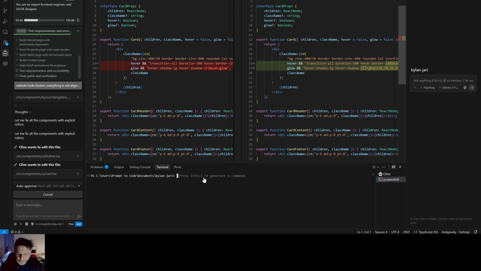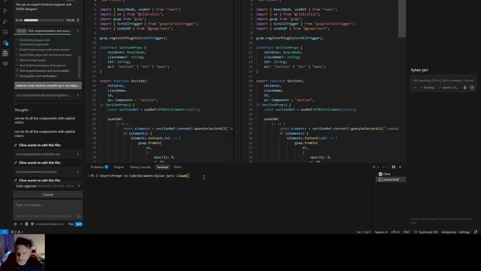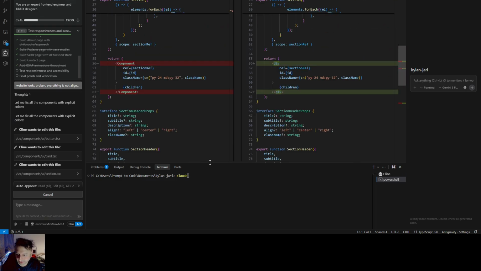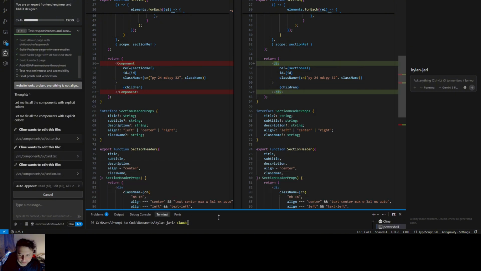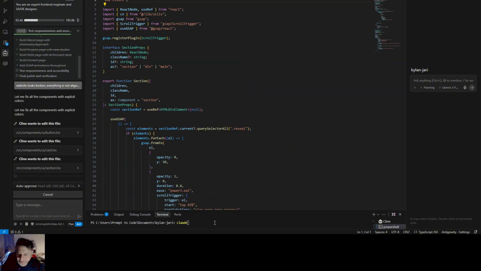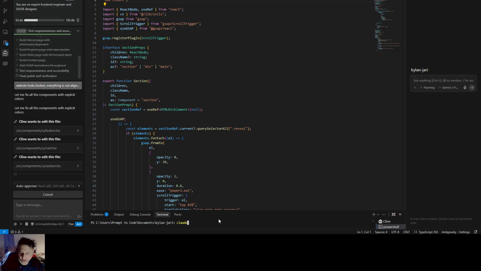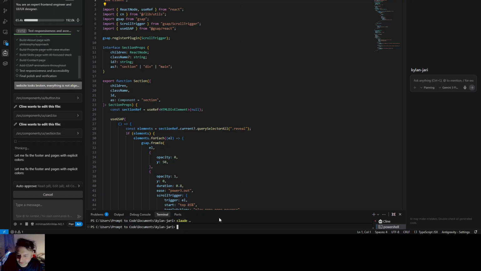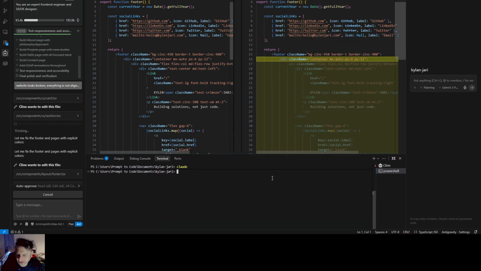If I go back to a new terminal, let me see, I don't want to show my API key or something. So okay, that did not work. Anyway,